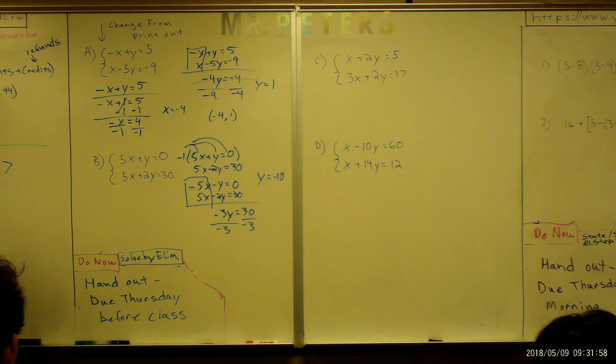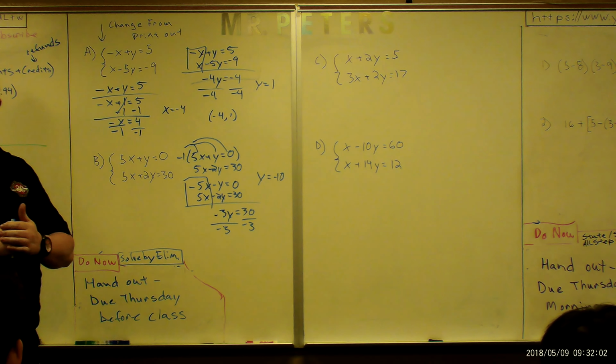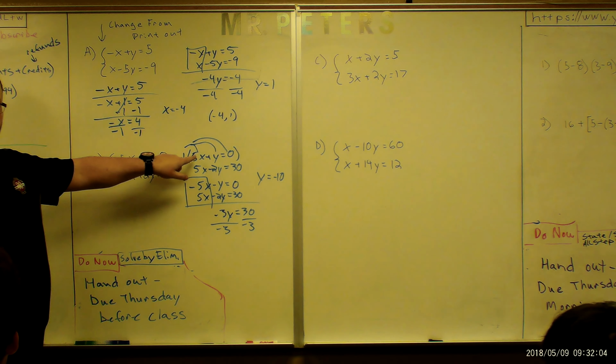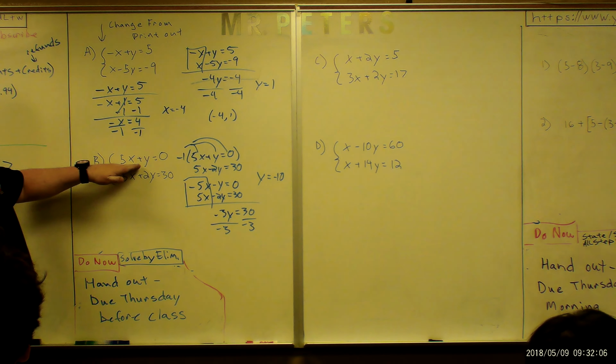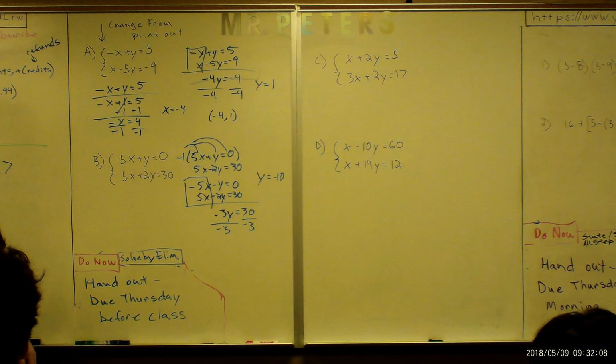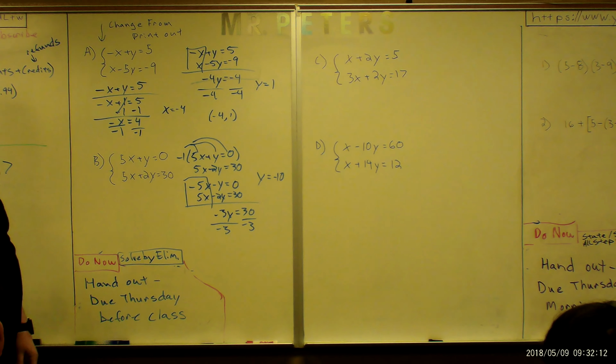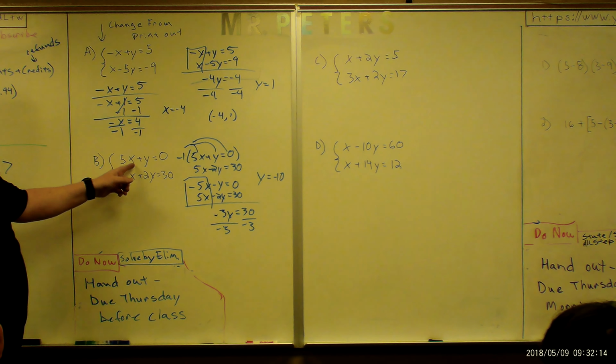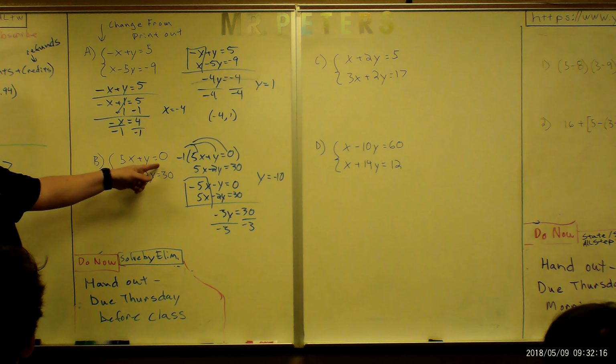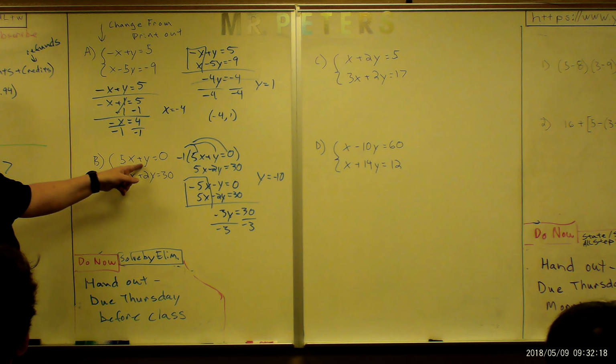Are we done? Wait, now most important step on this, okay? Don't go into the modified problem. You've got to go into the original problem, otherwise you're not going to get it right, okay? Doesn't matter which one we choose. Which one's easier? The first one, because it's just 0 on this side, and there's no multiplication happening in front of